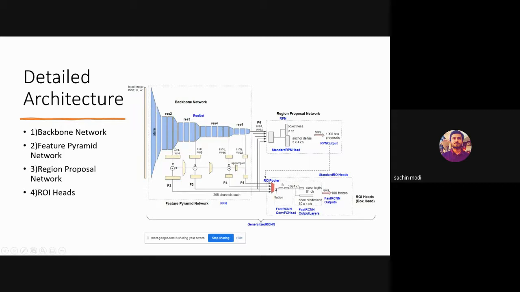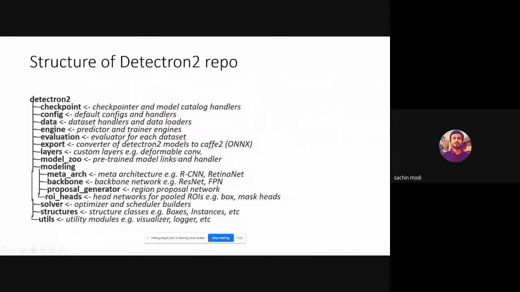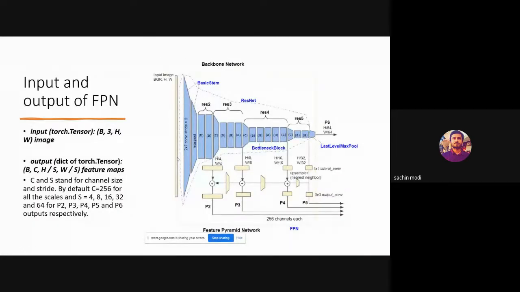What happens is this feature map passes through a convolutional layer. This is the architecture of the backbone network and the feature pyramid network. The feature map passes through a 1x1 convolutional layer. And then it again passes through a 3x3 output convolutional layer.